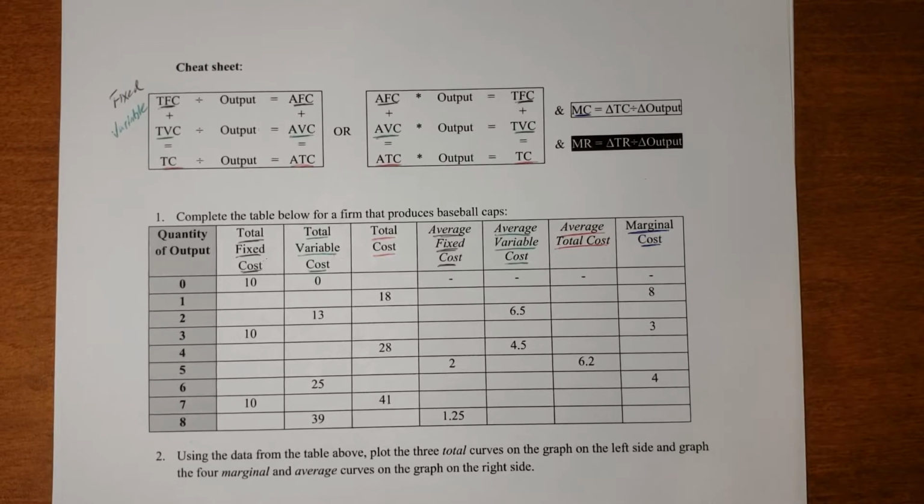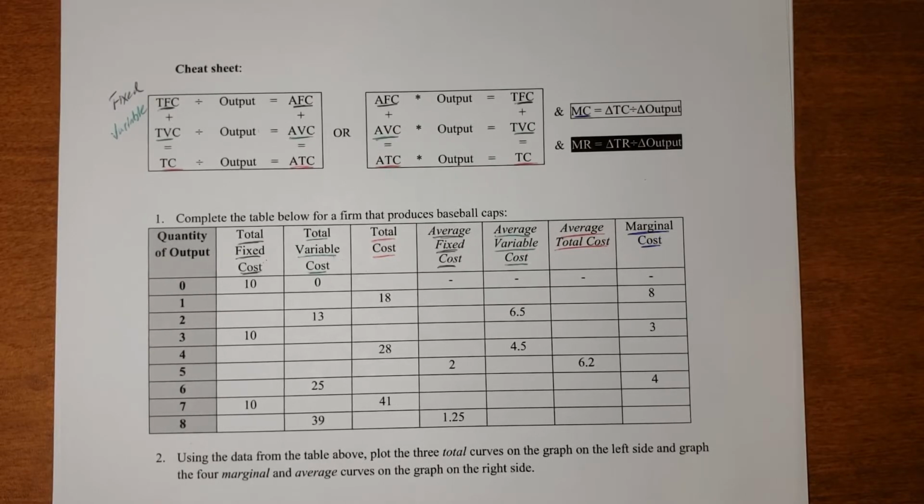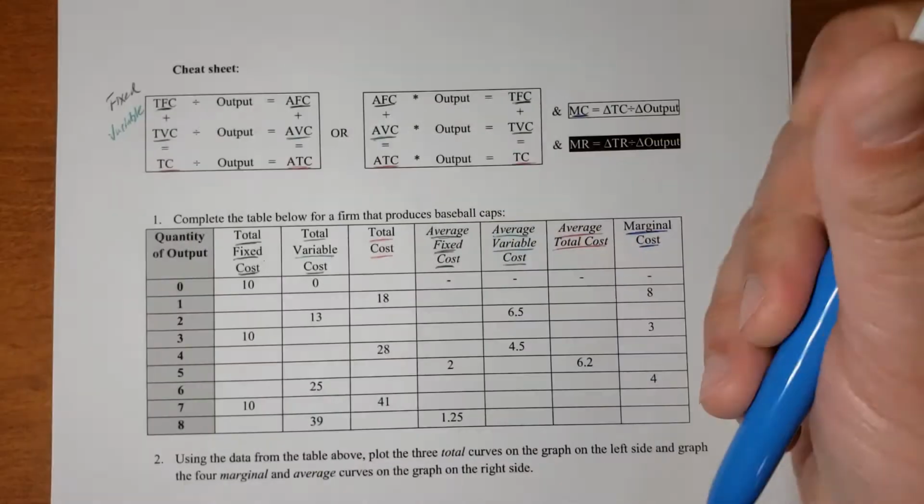So let's say I owned a sandwich shop, and in that sandwich shop, I had a meat slicer and an oven and some things like that type of equipment. Now, no matter how many sandwiches I'm producing, I'm probably not going to have to buy a second meat slicer or a second oven. Those things are going to be what we call fixed. They're not going to change no matter how many sandwiches I'm producing. Now, variable costs are a little bit different. Variable costs do change with output. So that would be things like the meat, the cheese, the bread, the toppings, the lettuce, and the condiments and things like that. So variable costs do change with output.